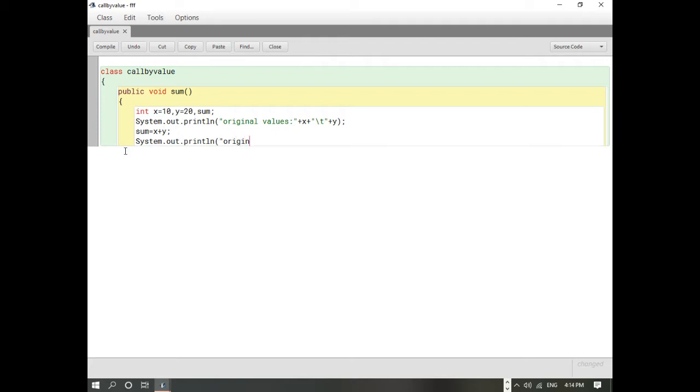Original sum. Here we are using the original sum because after that we are going to pass the parameters to the function by value, and then we will see whether there is any change in the value or not. So now I'm going to print the first original sum.